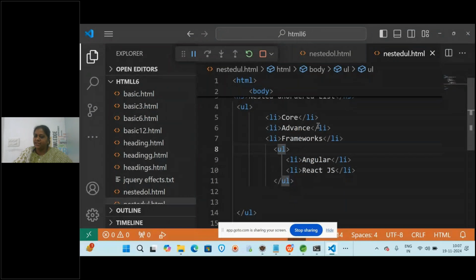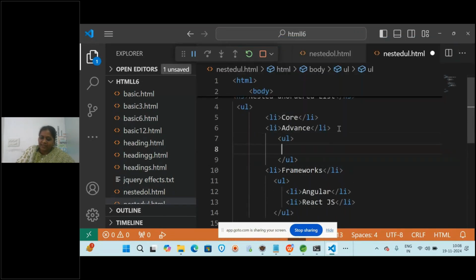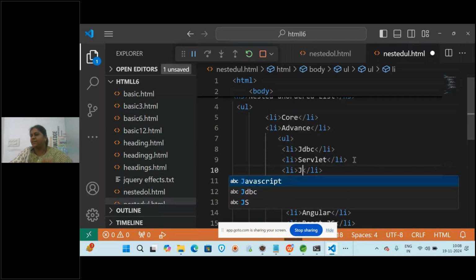Again, if you want any subtopics here in the advanced also, you want to mention some, again one more unordered list. Here also same thing. Wherever you want, start UL and there start writing what? LI, list of items. Understood? So in this advanced topics you may have some concepts, like I'm writing simply some topics: JDBC, and then again I'm writing the list of items like servlets, and then again one more list item like what? JSP. Clear? For anything you can have submodules.